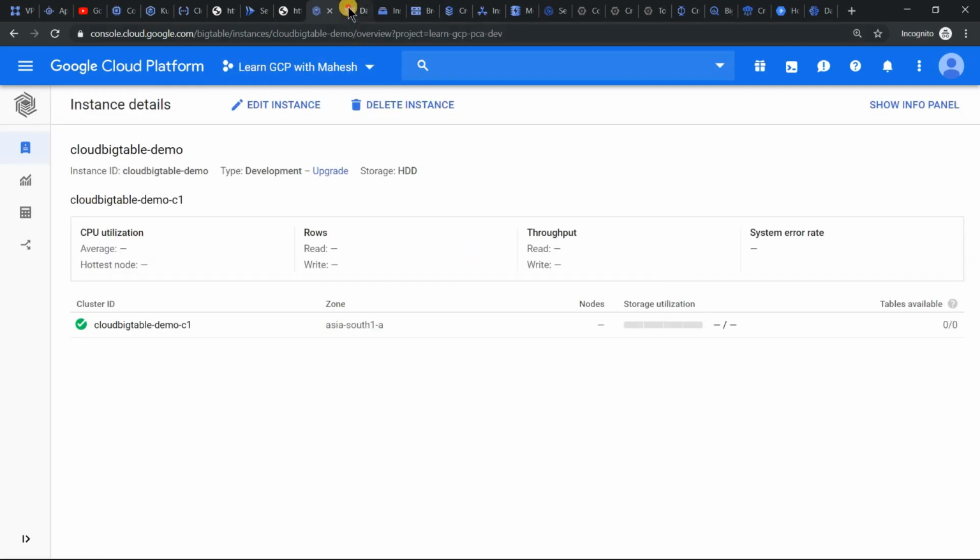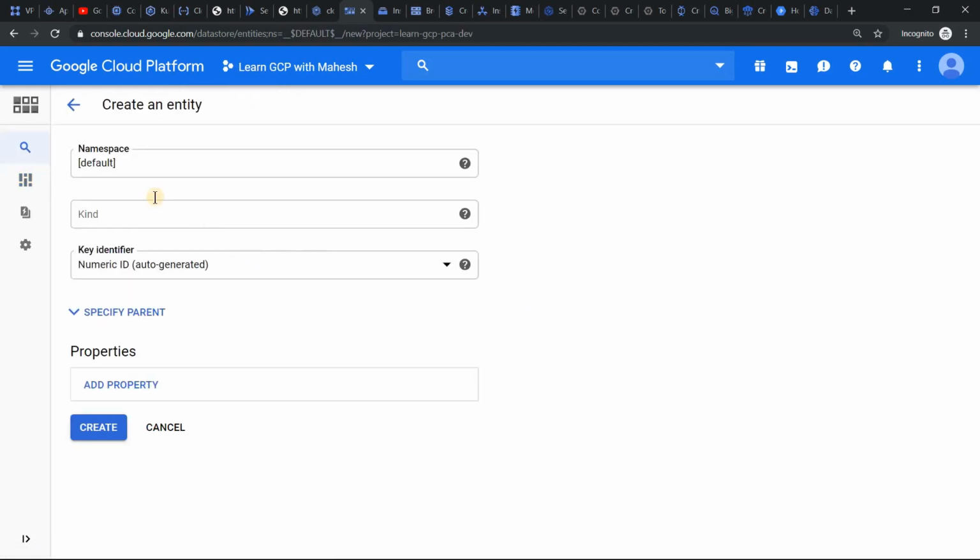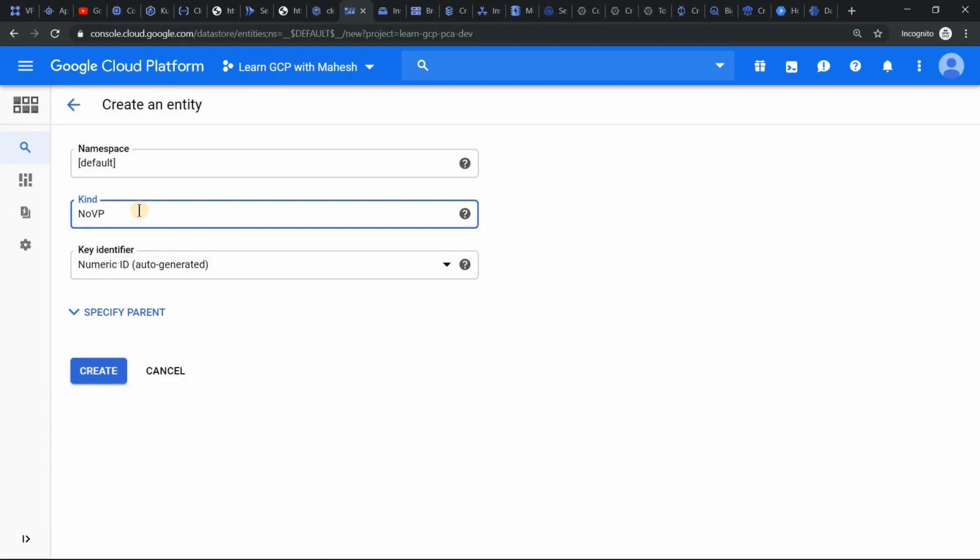Good. Let's move on to the next part, which is a miniature version of Bigtable. That's what I usually call Datastore. Now it is called Firestore, which is the next gen version of your Datastore. Let's try to create it. Try to create an entity which is nothing but a row. So let's try to create the entity and let's give a new kind. Let's give a name like no VPC demo.